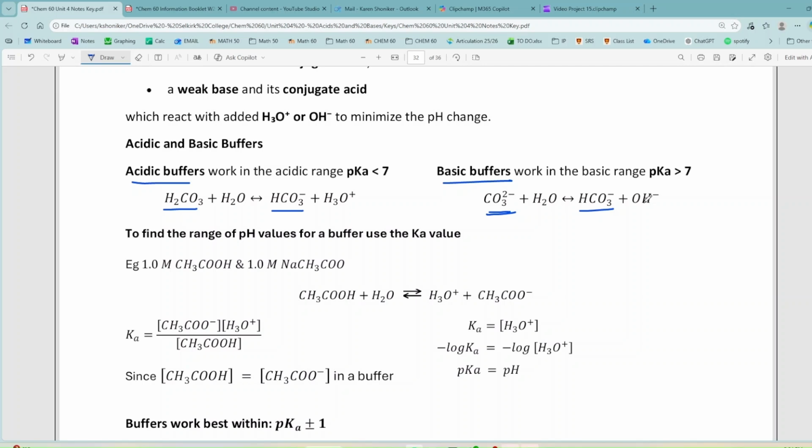Okay, now let's talk about what makes something actually an acidic versus a basic buffer, and that is its pH range. So to find the range of pH values for a